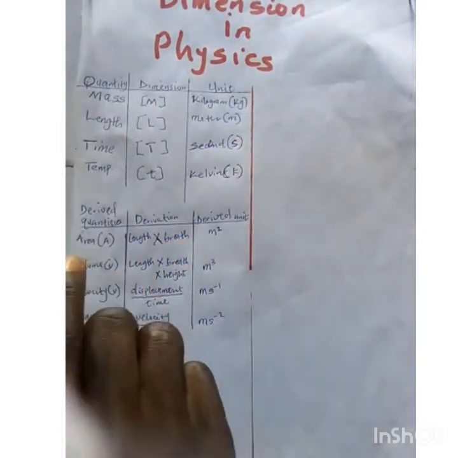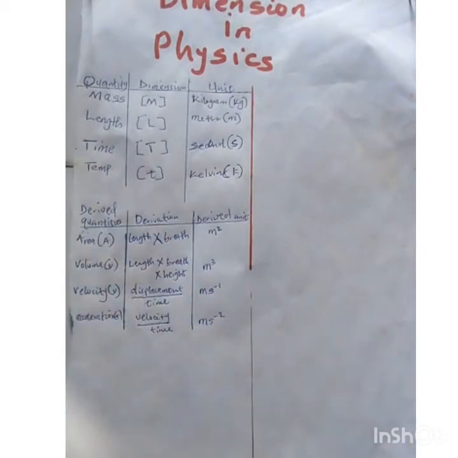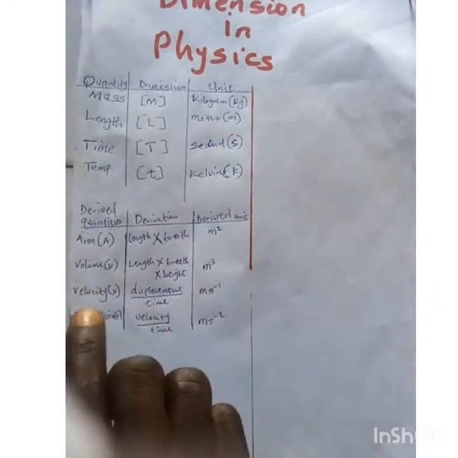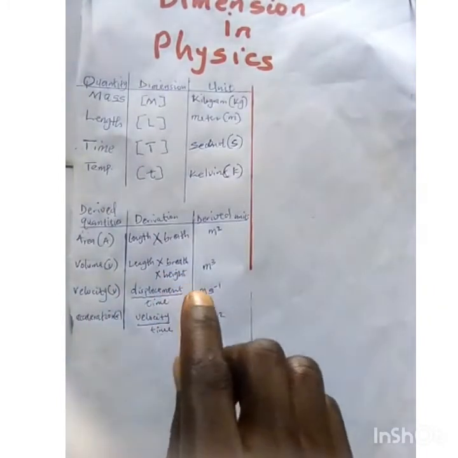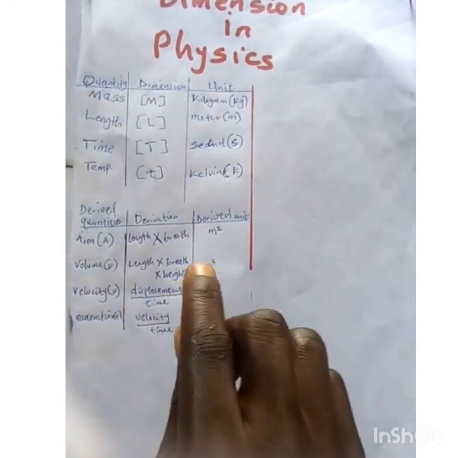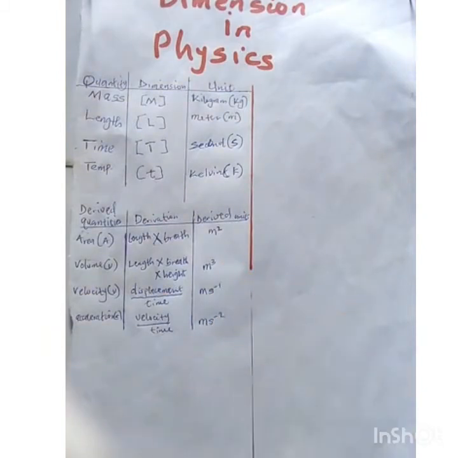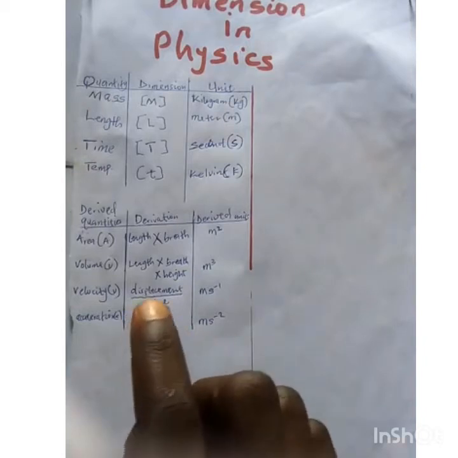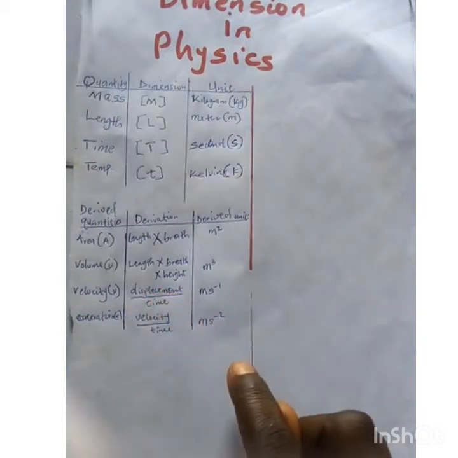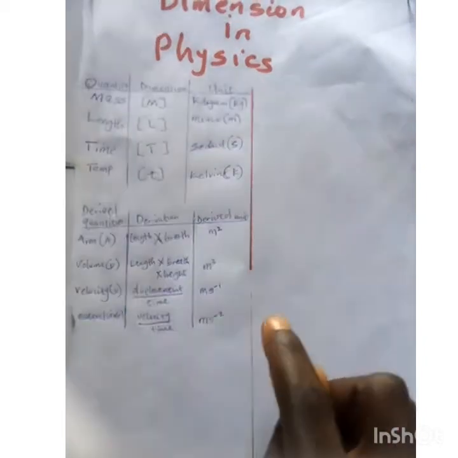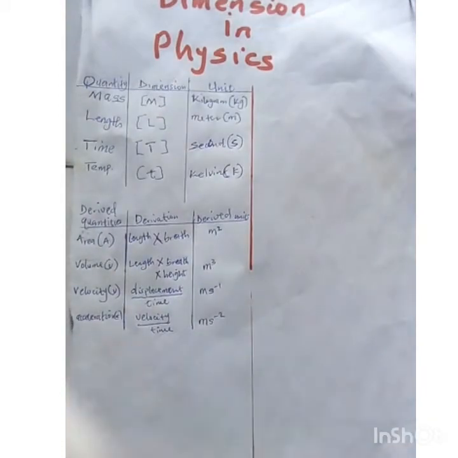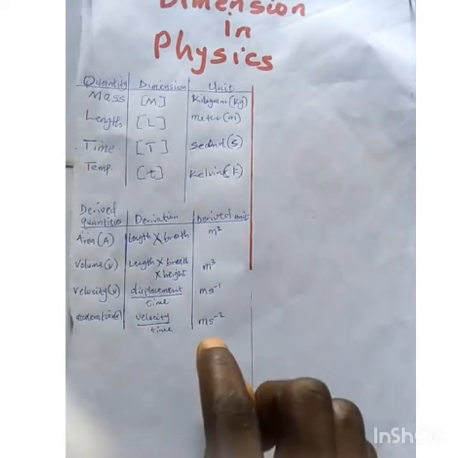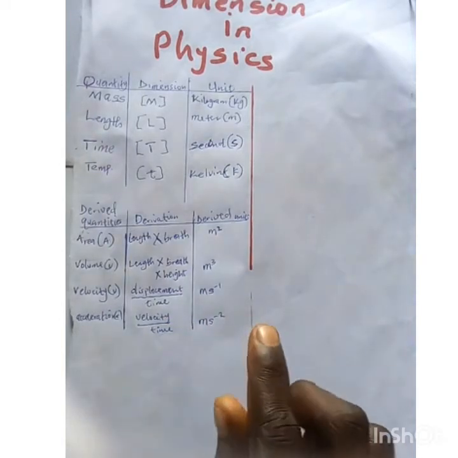When you see area, what is the formula for area? Length times breadth, and the unit is meter square. The other one is volume. Volume is length times breadth times height, and its unit is meter cube. Another one is velocity. The formula for velocity is displacement all over time taken, and its unit is meter per second. The final one is acceleration, which is velocity all over time taken, and its unit is meter per second